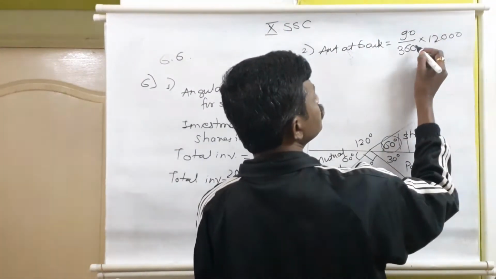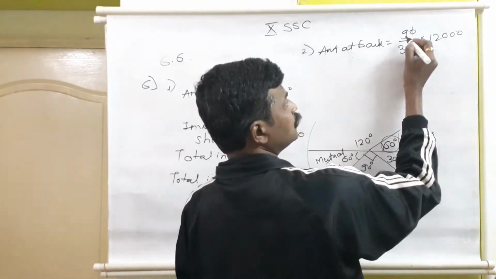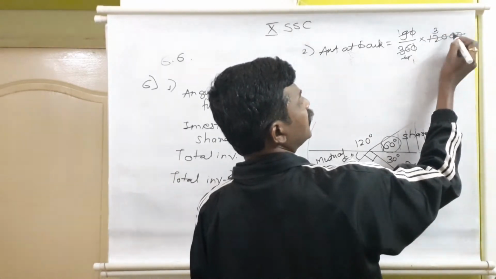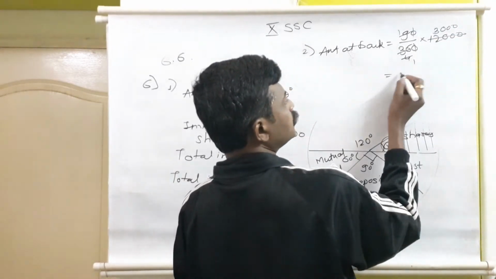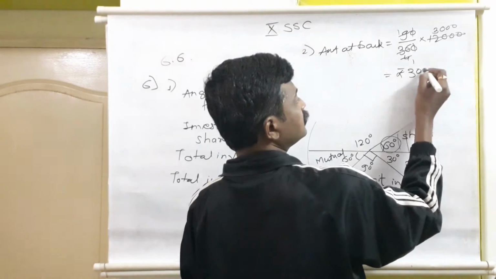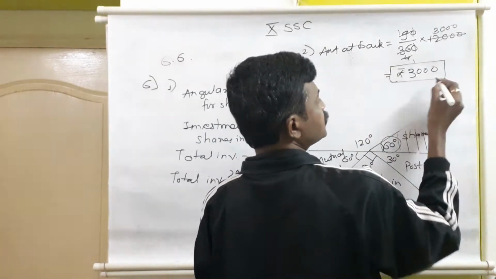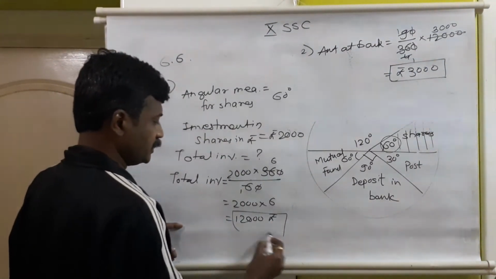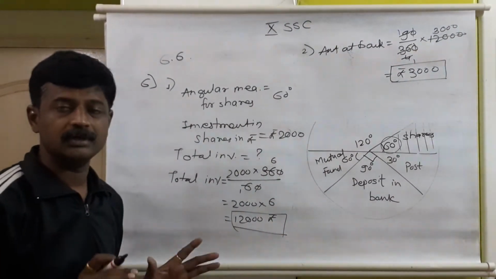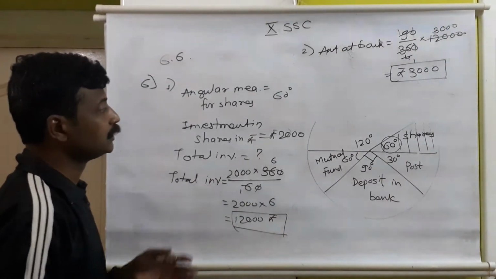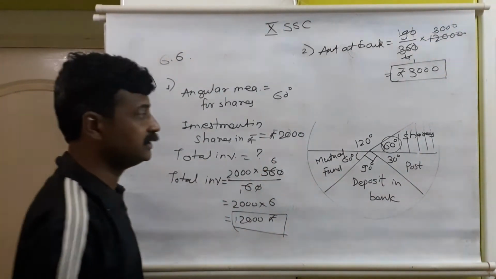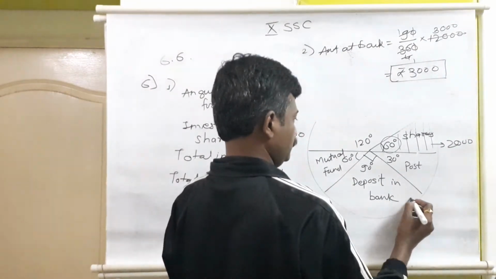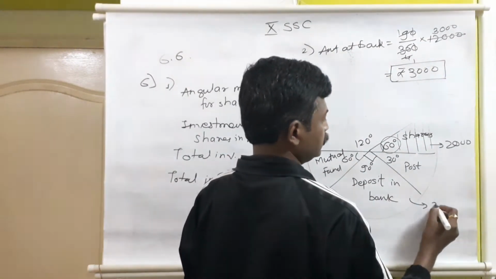So it will be easy to cut this 0. 9 1s are 9, 4s are 4, 1s are 4, 3s are, and this additional 3 zeros. So it gives rupees 3,000. So the amount invested by the family in bank is rupees 3,000. Total amount invested by the family overall is 12,000 rupees. 2,000 is in the shares. See, in the shares it is 2,000. In the bank just now we found out it is 3,000.